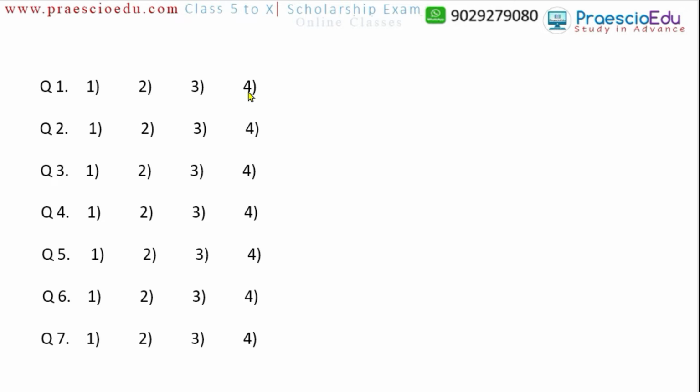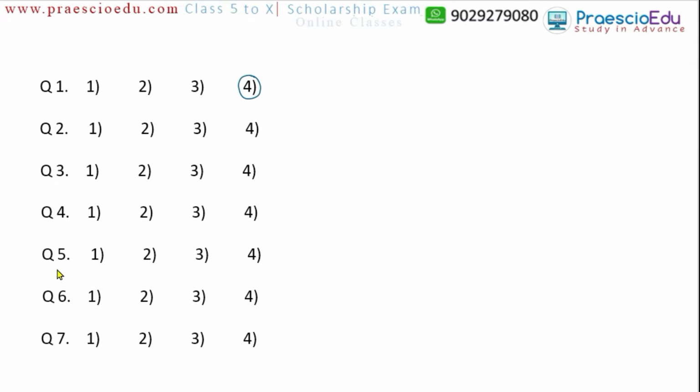So question number 1, there are 4 options: 54, 72, 96 and 28. Now in this one, if you see, 54, 72 and 96 come under divisibility by 3. So that is the similarity, and 28 is not divisible by 3. So that is the main reason why option number 4 is the different one for question number 1.